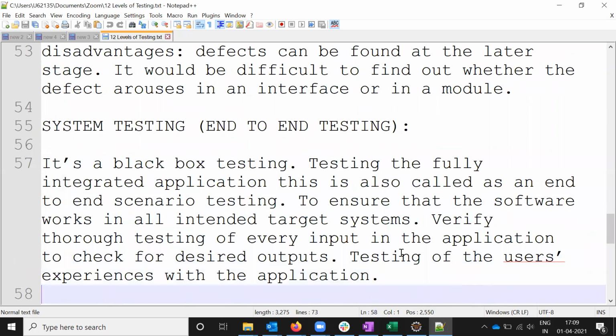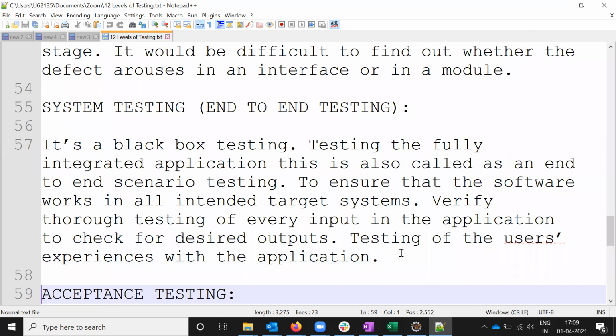System testing is nothing but a black box testing, where we are going to do end to end testing. End to end tests we are going to do completely. Integration application, this is also called end to end scenario testing.